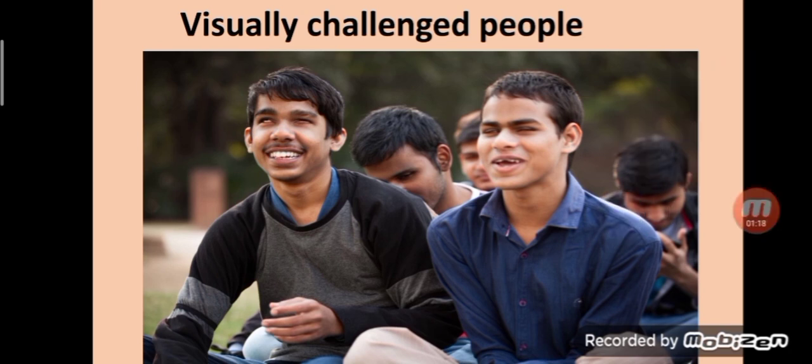There was no possibility of being able to read or write for the visually challenged people until a Frenchman, Louis Braille, developed a method for reading and writing. Louis Braille himself went blind at an age of 3 years. He developed a different way to read and write for those who could not see.